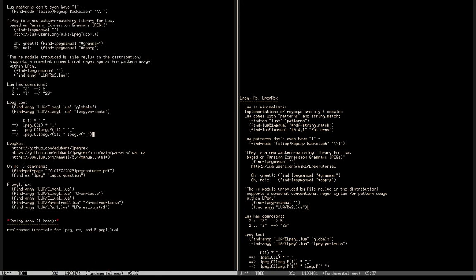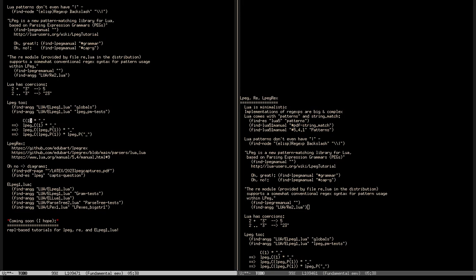And with these globals, I can write things like this: C(1) * "_". LPeg sort of expands this to lpeg.C, but lpeg.C expects to receive an LPeg pattern, and 1 is not yet an LPeg pattern, so it is coerced into an LPeg pattern by calling lpeg.P.